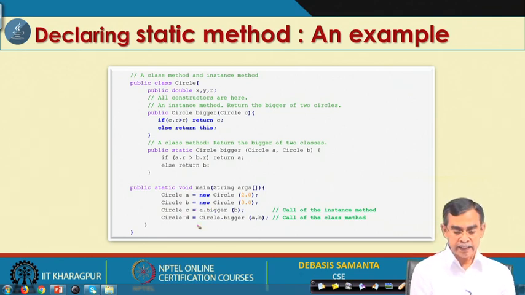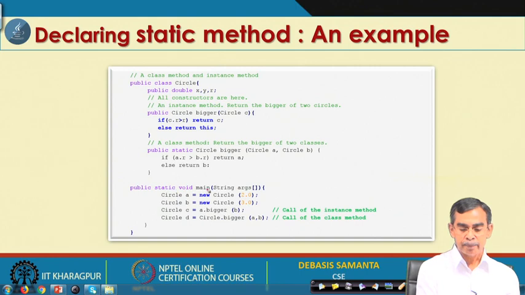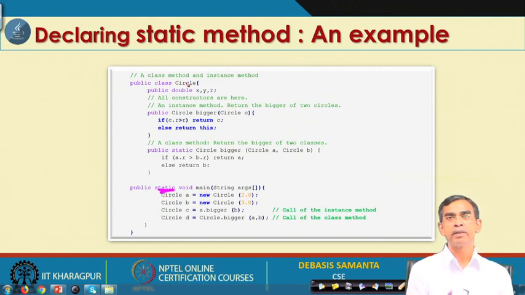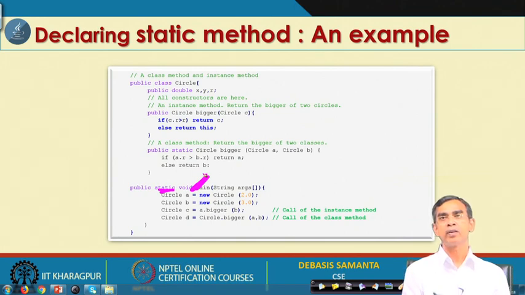However, in the next example, you can see that this method is called for the circle class without creating any object. So, this is the idea of the class method. This means that a class method can be invoked without creating any object, and that is why our main method is static, which belongs to the class circle. Without creating any object of class circle, we can call this method. Main is called without creating any object of the class.